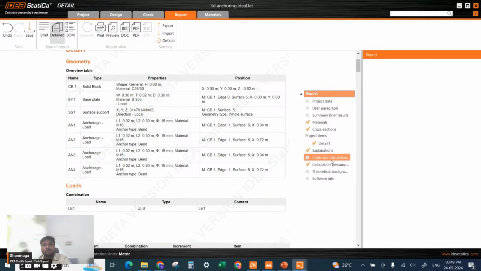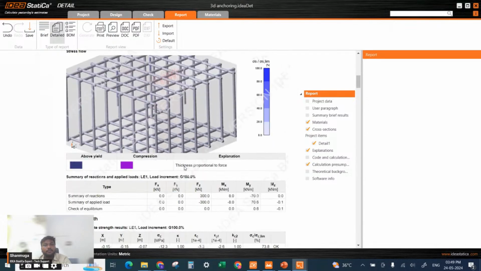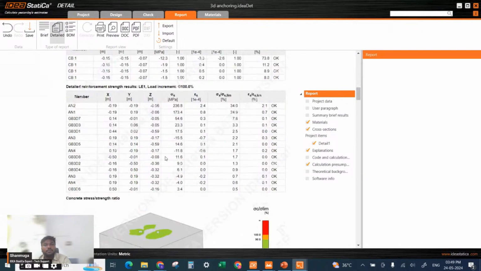So the calculation, assumption, the explanations, the detailed reinforcement strength results,